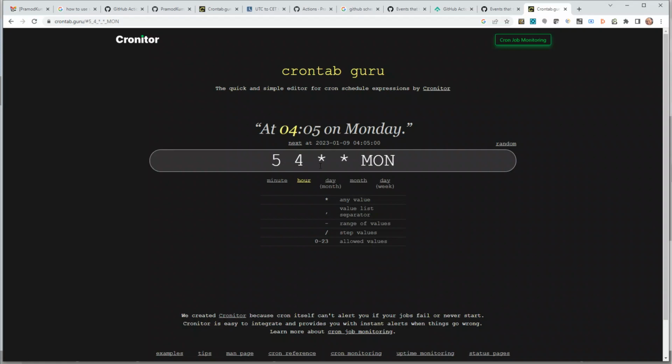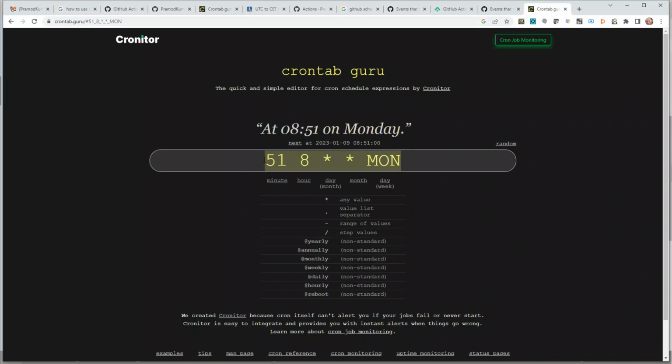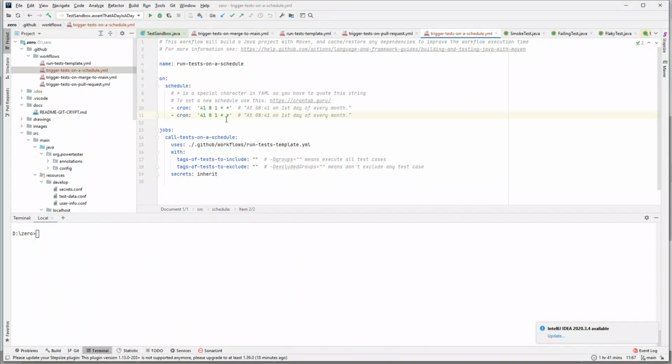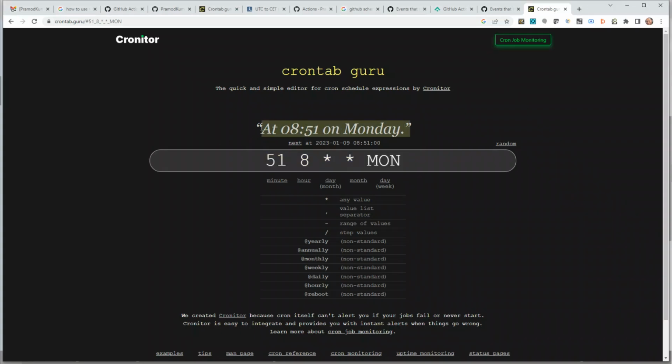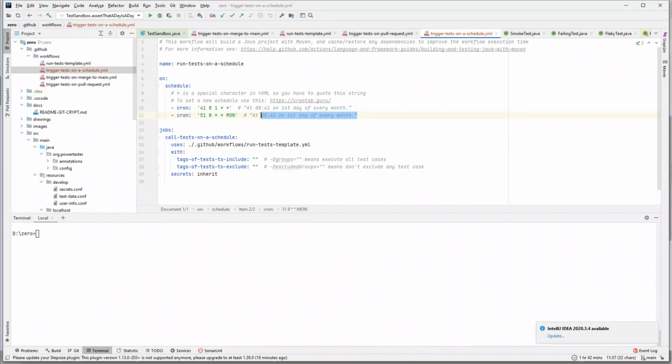Or maybe let's change this 8 o'clock and maybe every 51 minutes, right? So let's copy this, Windows 1 and Windows 2. Let's copy this, Control C, Windows 1, and